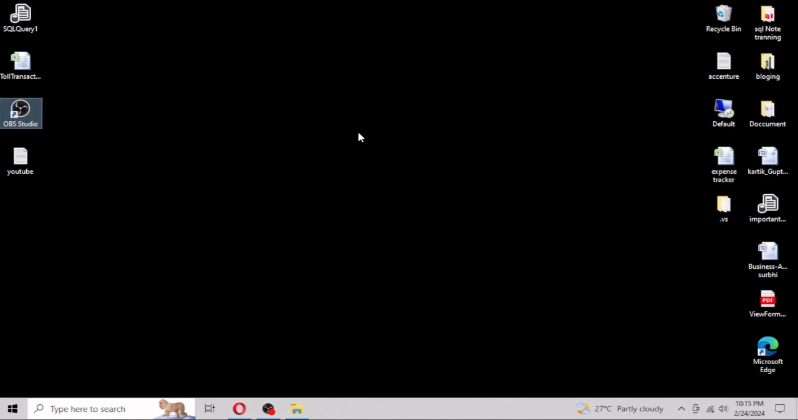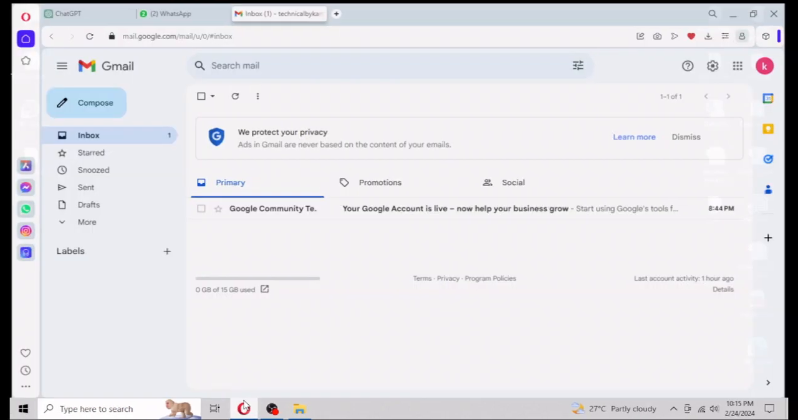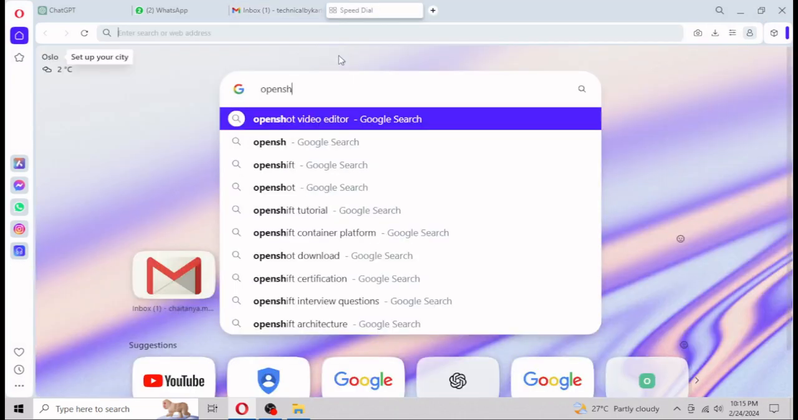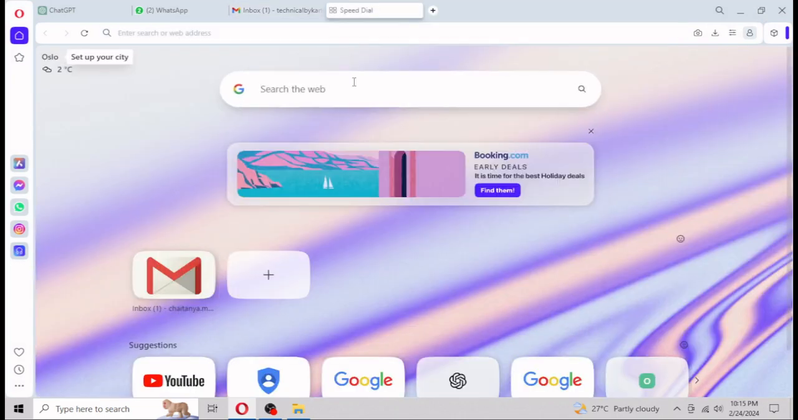So what you have to do, first you have to open any browser. I like to work in Opera, so I will open that Opera. After that, you have to just write